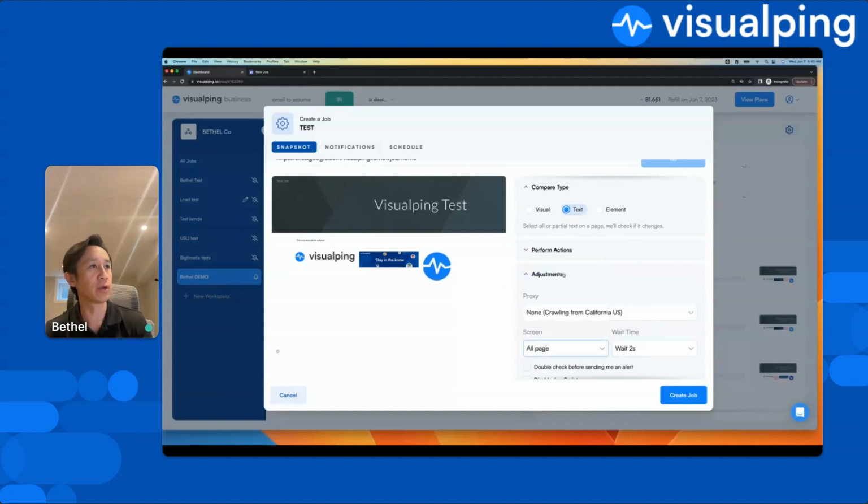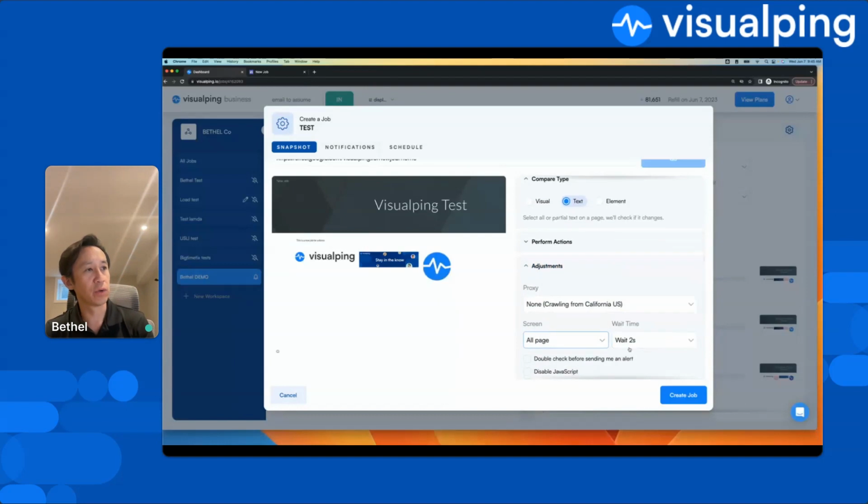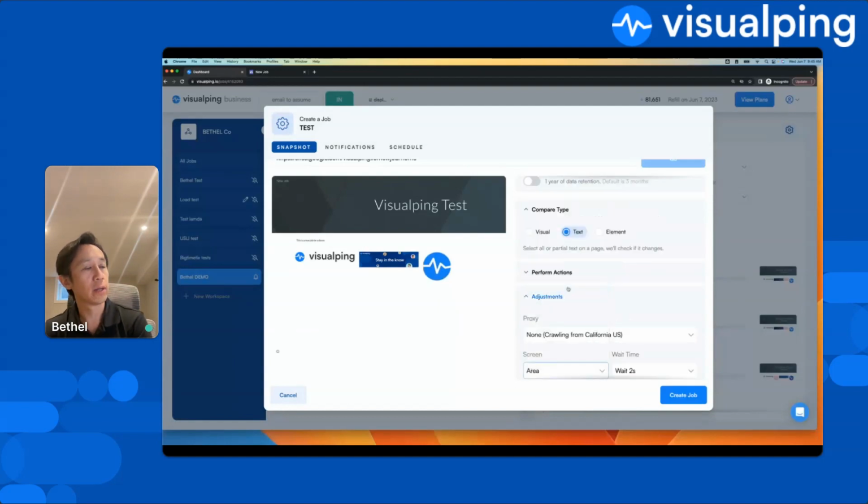So under adjustments, there's screen, and it's defaulted to all page. I can select the area here. And when I put my mouse over to the left, you could see when you hover over different sections, it's selecting a subset within the red box here. And when I click on it, it'll hold to it, selecting a subset of the page. What this is telling Visualping is, within that red box, please monitor this section. Anything outside of it,